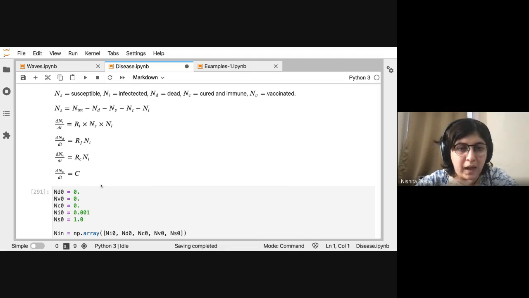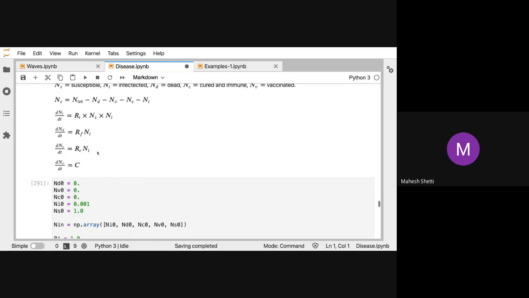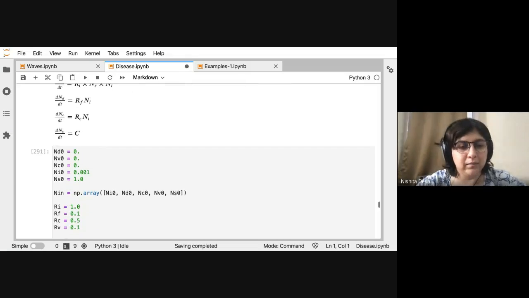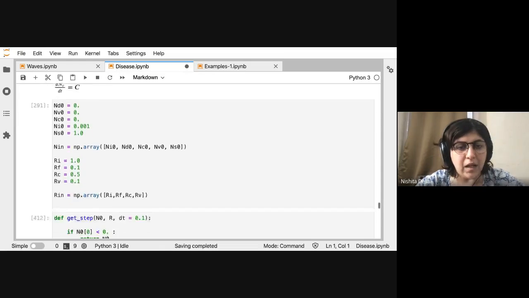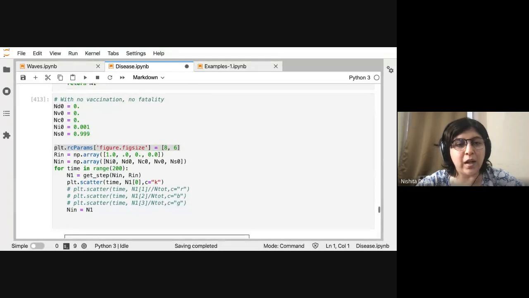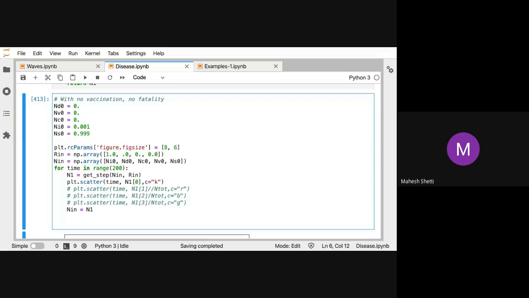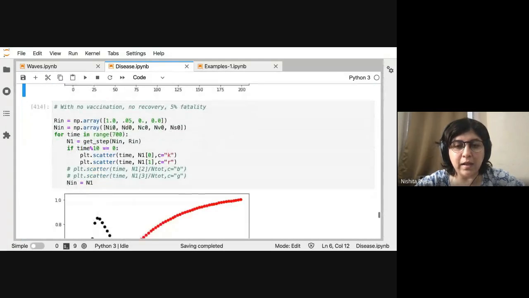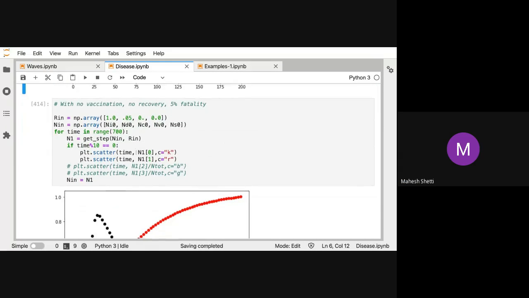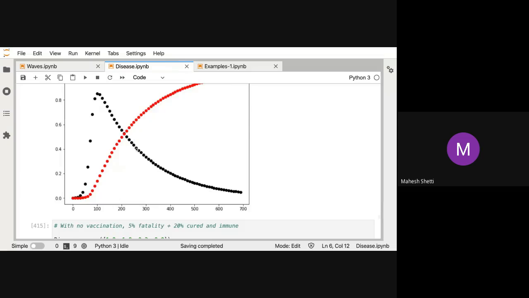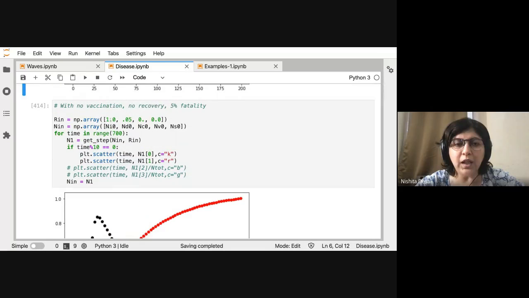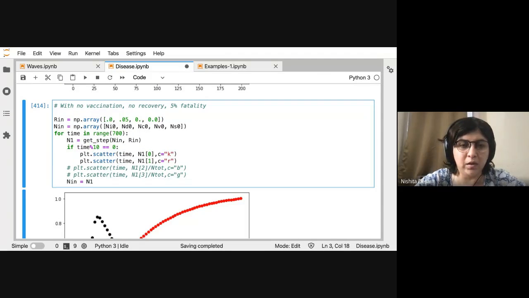It's not 1, but we can make it 1. I mean, no, in that case we are trying to show that everybody dies. So actually it is not necessary. If there are no recoveries, then eventually everybody dies. But rate of infection can still be reduced, right? Yeah. So you can make this smaller.